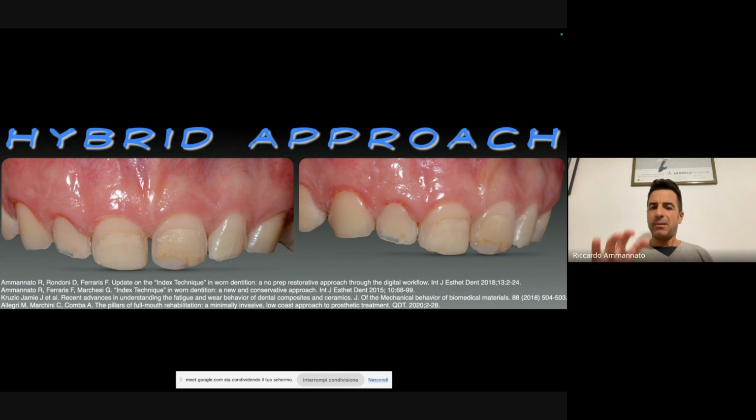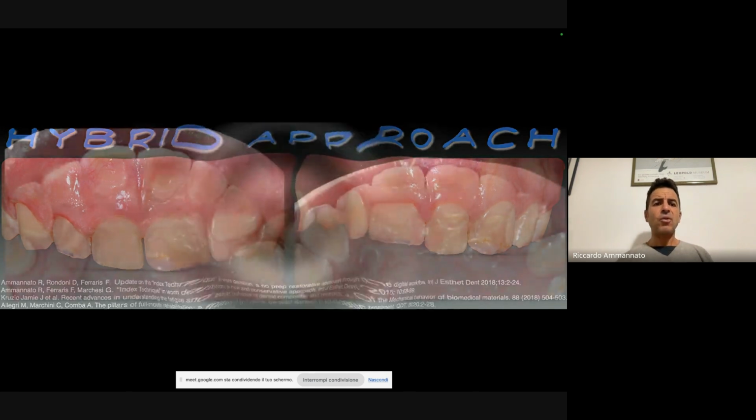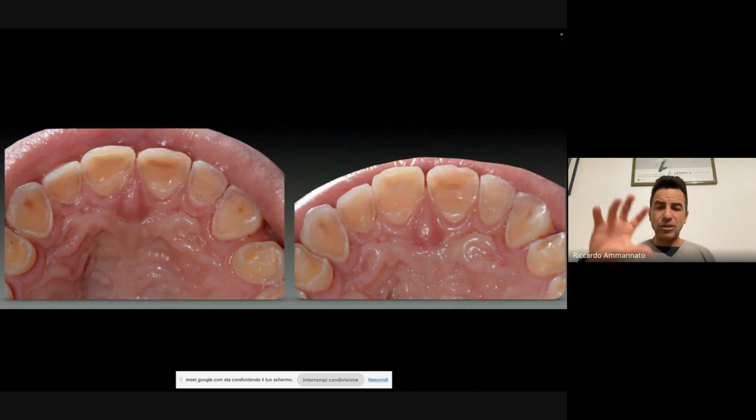Here we go to the second and last case I'm sharing with you. And again, the project is the same as you've seen before. So we have done the 4 table legs for the first molars and the canines, and the rest is a molding approach. Also here we had a mix of attrition and corrosion, and the patient was aware of all this. The two patients are quite young, around 39, 40 years old. And so I went, as I mentioned previously, full digital workflow.